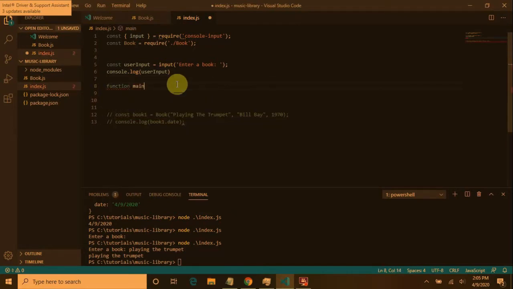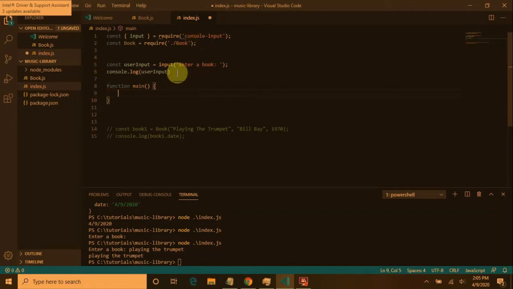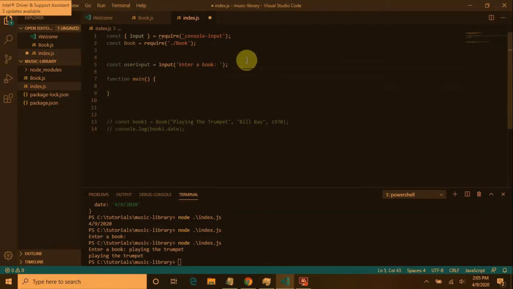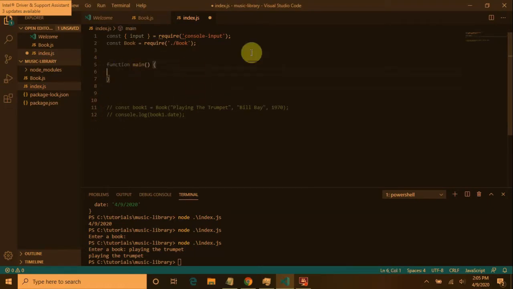Function, let's call it main, and main function doesn't take anything, but it's there. Let's assume we just want a single book for now. I don't think there's any point in entering multiple yet. So here we go. Function main, and we're gonna say